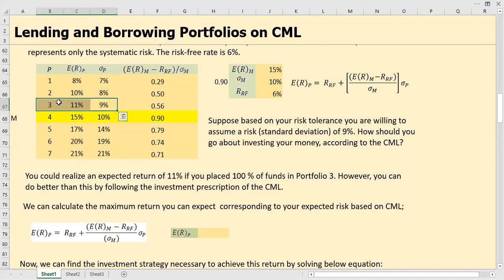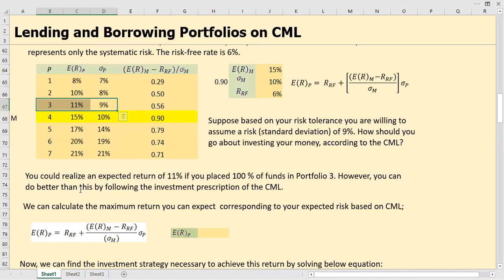So if you are only looking at the efficient frontier, that means you are going to select the third portfolio, because it will give you 11% of return for about 9% of standard deviation, right? So that is given here in this line. You could realize an expected rate of 11% if you place 100% of your funds in portfolio 3. However, you can do better than this by following the investment prescription of the capital market